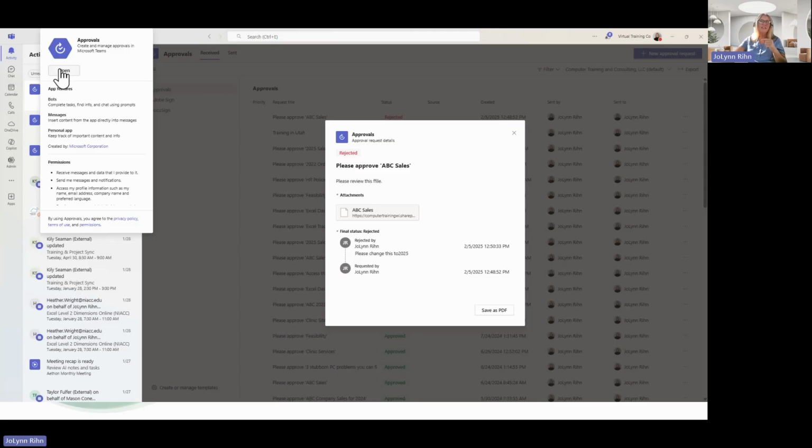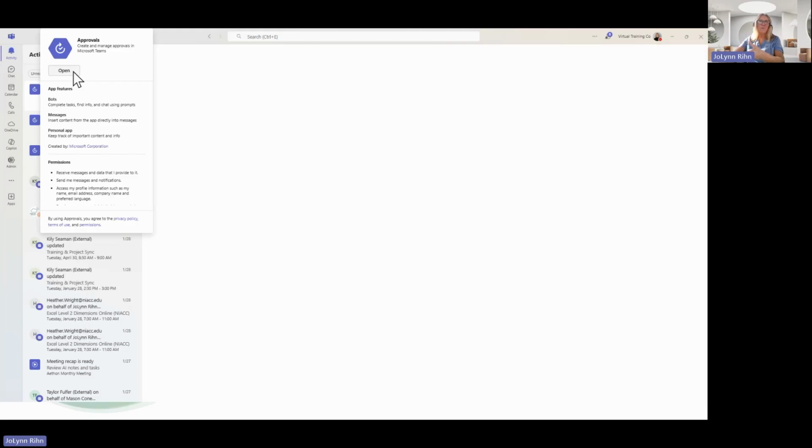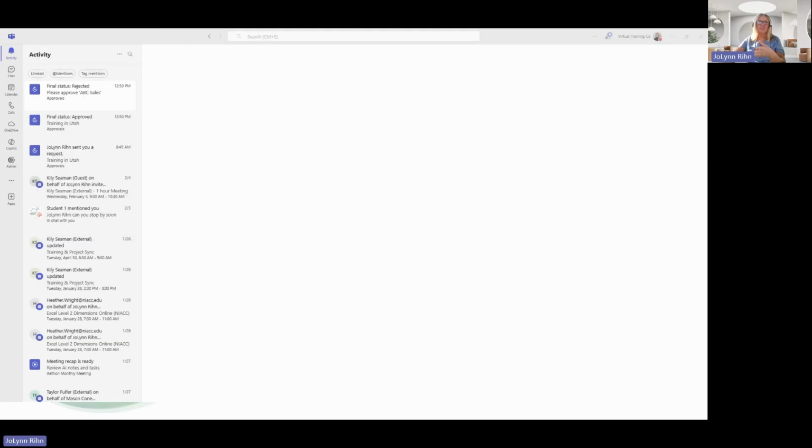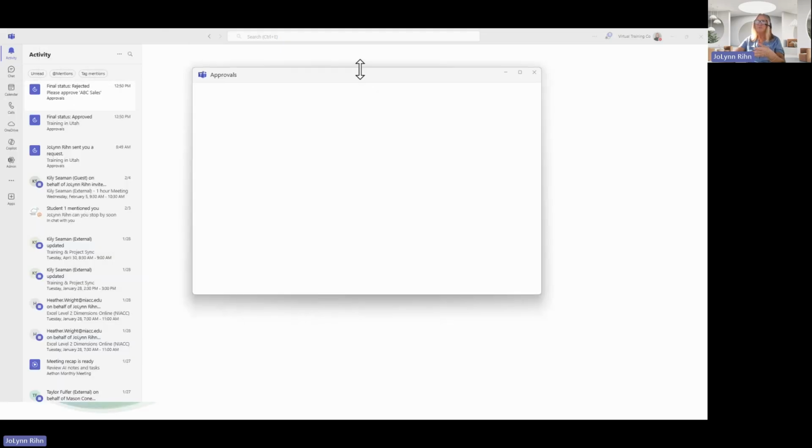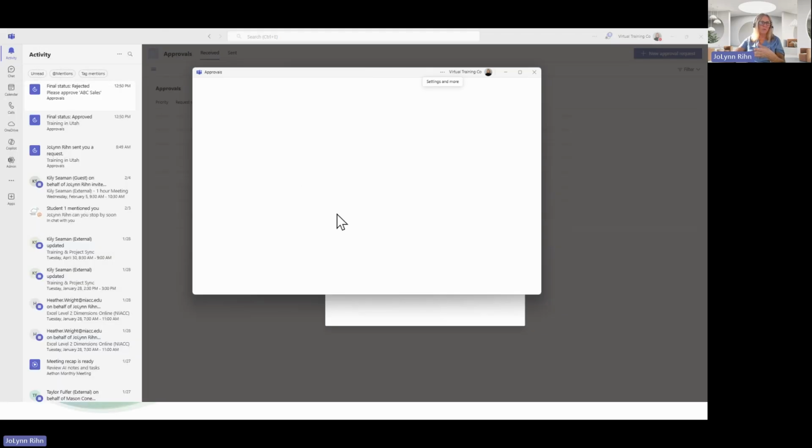I can directly open the approvals app, which is used in your workflows when you say, I need this approved. If I click open, it's going to open the approvals app. Sorry, it's opening it on my other screen here, but let me slide that over. But just so you know, it's going to open approvals.